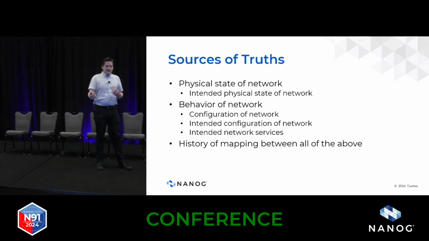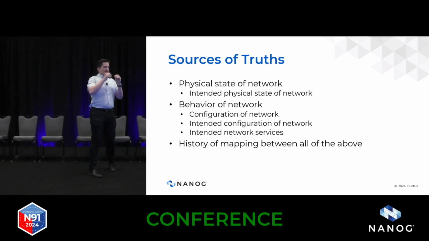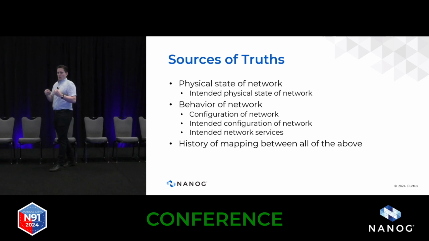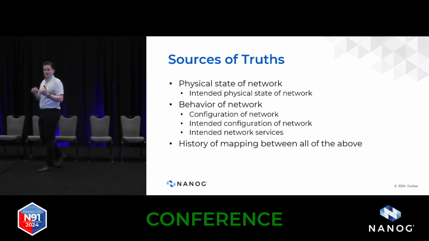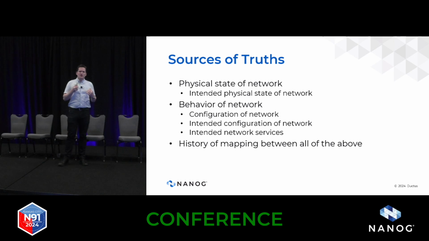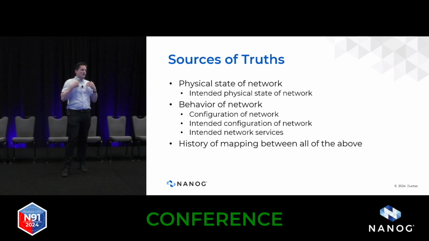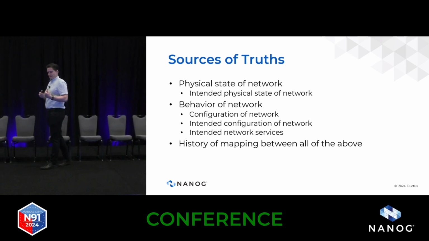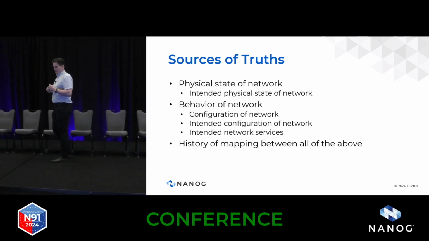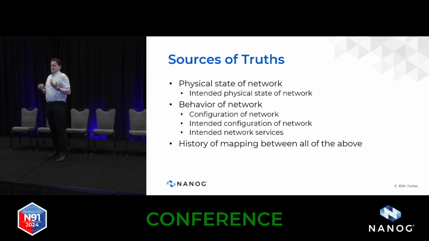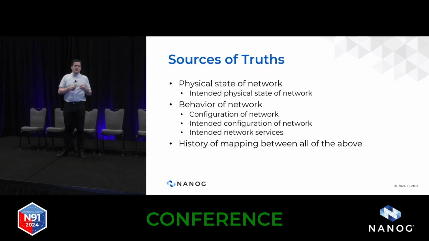Then we have our intended network services. If you just intend to create some configuration, but that configuration is not actually creating a network service that's cohesive, what value does that have? And finally, we have the history of the mapping between all of these. So if we are changing, for example, the way that our services are working, and we want to know, for example, we have an assurance that we're doing, we want to have some idea, as we change the service,